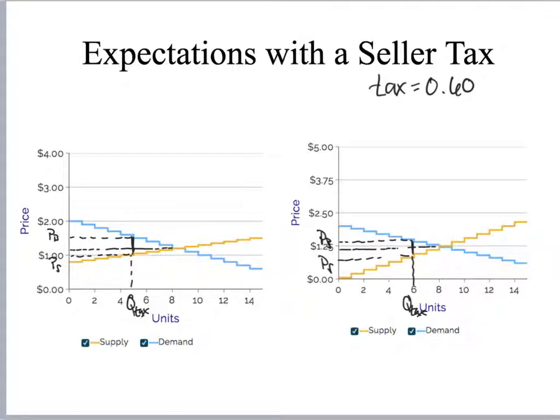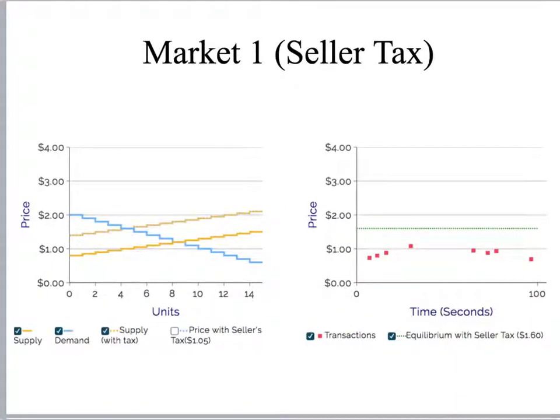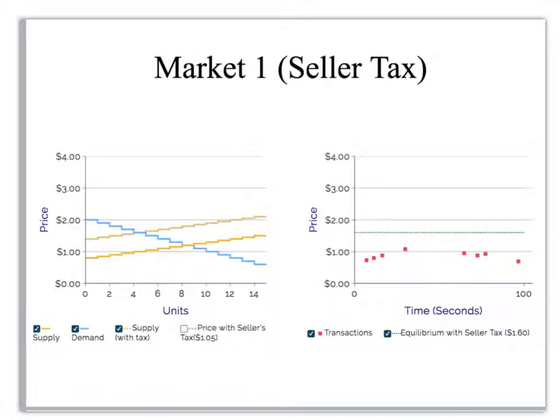And we know this by looking at the price that sellers receive versus what they were receiving before, versus what buyers are paying now versus what they're paying before. So if we look at the results, we can see that in market 1, when that tax is imposed, it creates a wedge in between the price that buyers pay and the price that sellers receive,